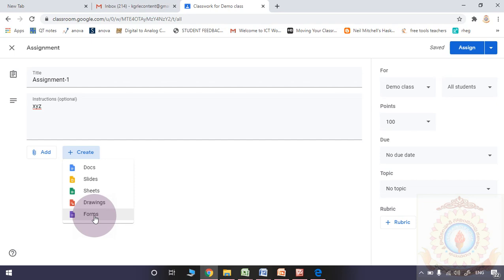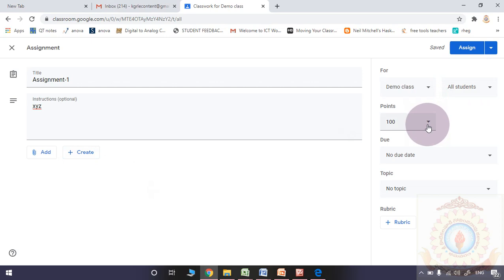So that's why before telling the story of the Google Classroom, I covered the subtopic how to use the Google form to prepare a quiz. So with that knowledge, you may create a Google form consisting of some 10 to 15 multiple choice questions. You may send that form as an assignment.